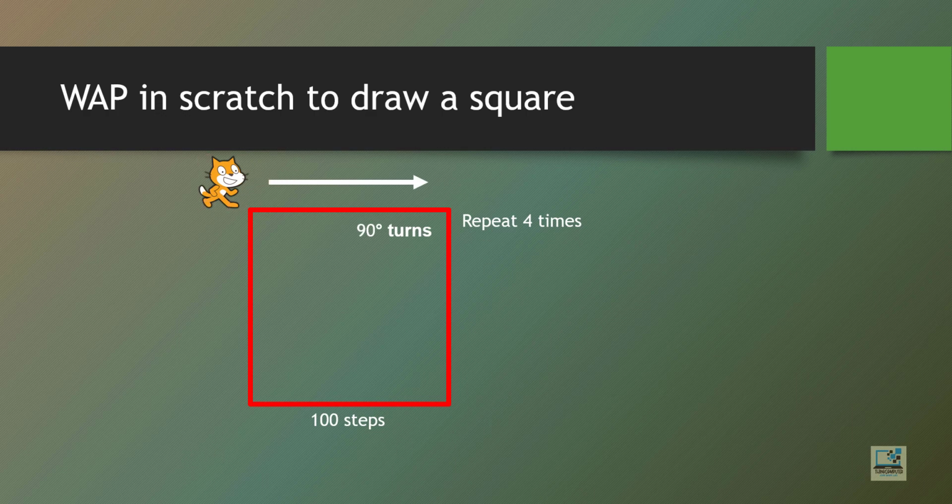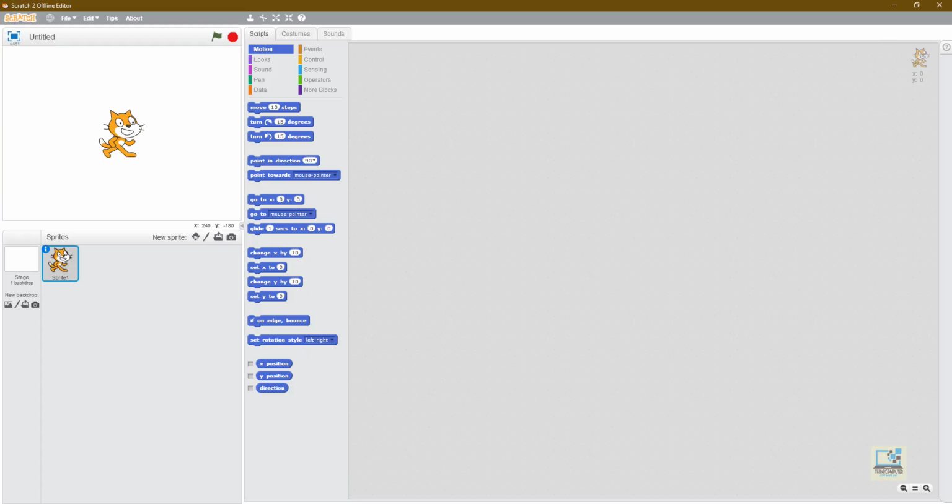Now let's open the Scratch window and in that we can start doing the program. So this is Scratch 2. I will be using Scratch 2 for all programming. This is the stage, this is the sprite, this is the script area. These are called the blocks menu. These are different scripts, different commands, and this area is called the block palette.